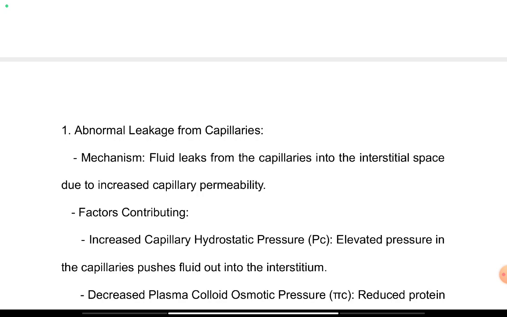Like in nephrotic syndrome, there will be proteinuria. The meaning of proteinuria is proteins inside the urine. These are the proteins that are meant to contribute to the oncotic pressure, and they are no longer there. So there will be unopposed action of what? Hydrostatic pressure. So that could also lead to edema. And that's why you see in patients with chronic kidney disease, they have leg swelling. Their legs become swollen. So that's just the basic